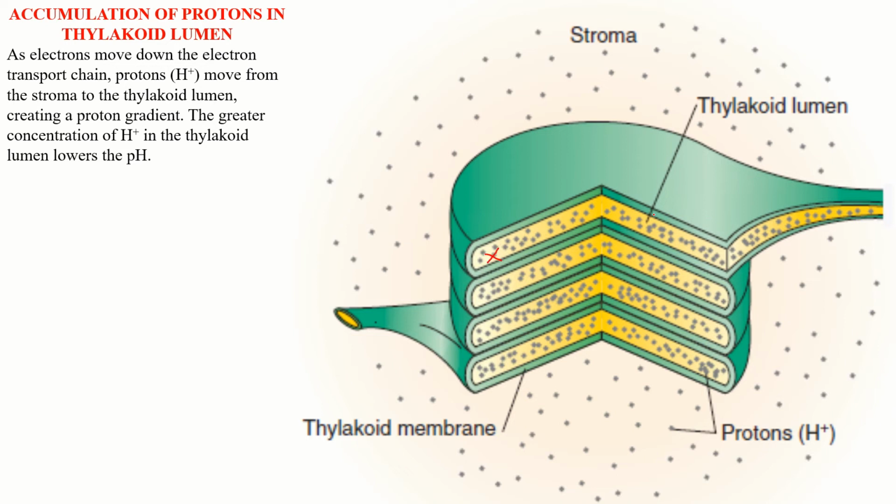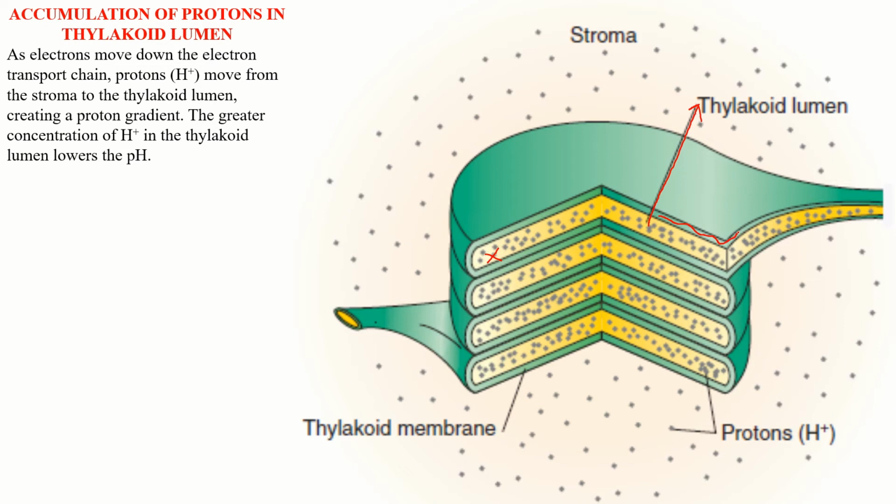Which is that space? It is the thylakoid lumen, while outside there are so few protons. It is because protons are actively being pumped into the thylakoid lumen when the electrons are flowing along the electron transporter molecules present along the